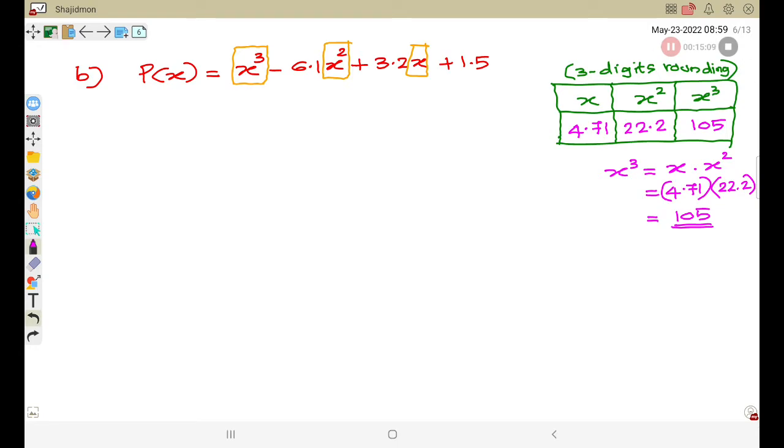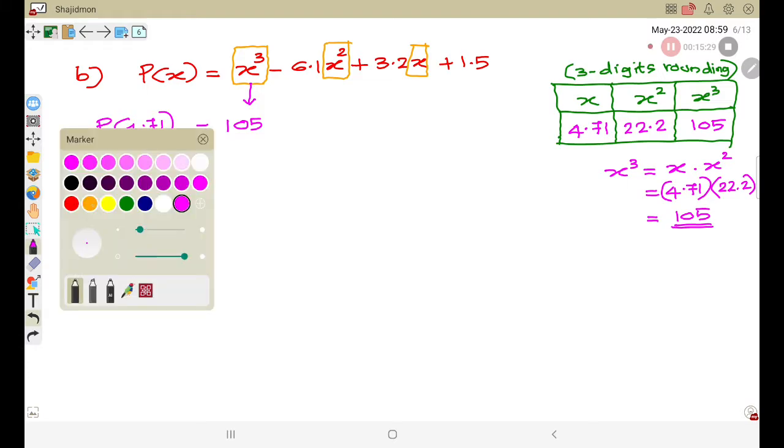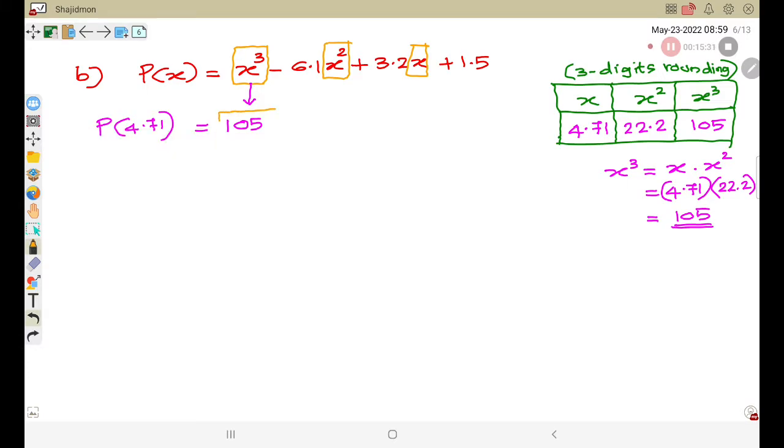Now these numbers we just apply in our polynomial. So our question is the polynomial value at 4.71 equals first the x power 3 value. From the table we got x power 3 equals 105. If you keep boxes like this, it will not confuse, and we can do the calculation easily. Plus,